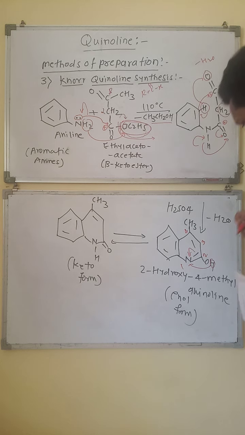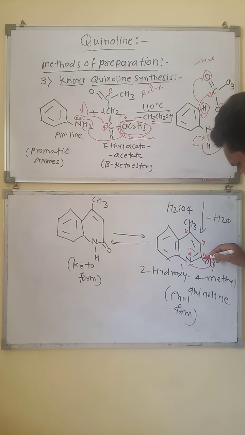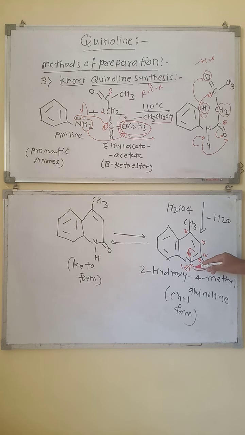Okay. Now in this reaction, the second number carbon's double bond breaks and the lone pair of electrons shifts onto the nitrogen, so that this carbon is electron deficient and nitrogen is electron rich. In this case, the hydrogen from the OH group of the second number carbon will be abstracted by the nitrogen. Okay.